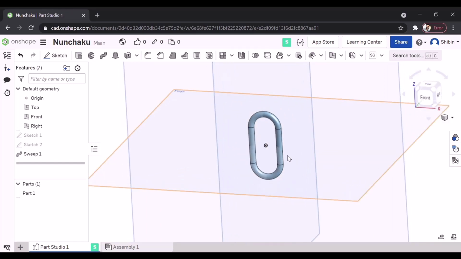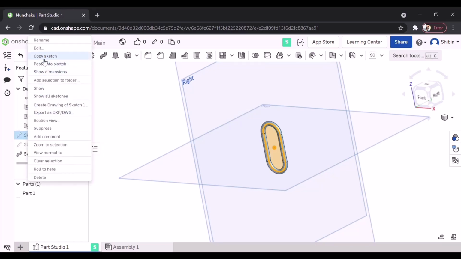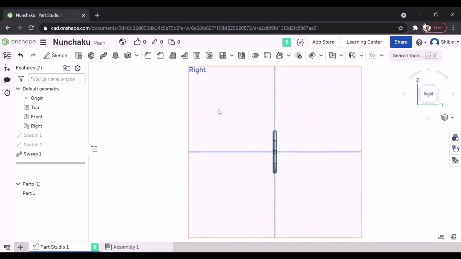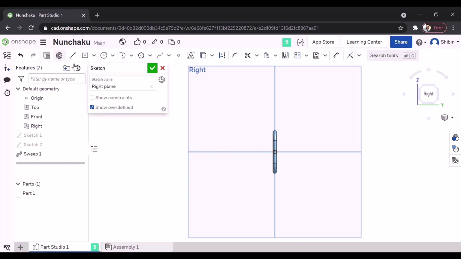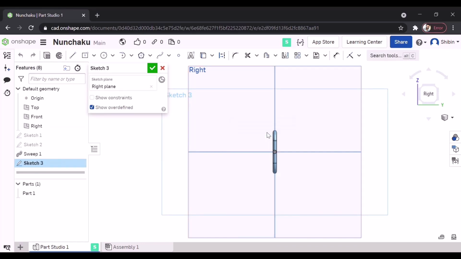Now I want to repeat it. So what I can do is select sketch 1. So there's an option called copy sketch. If you click it and go to right plane and sketch, now you can see a paste sketch entities option. So when you click it, that sketch is here.